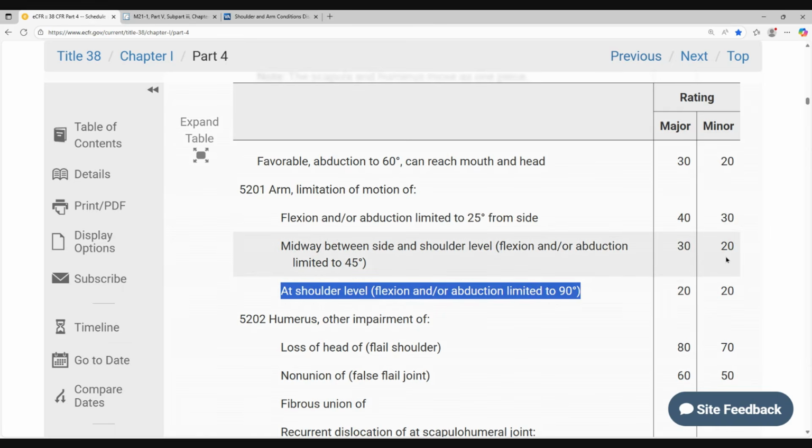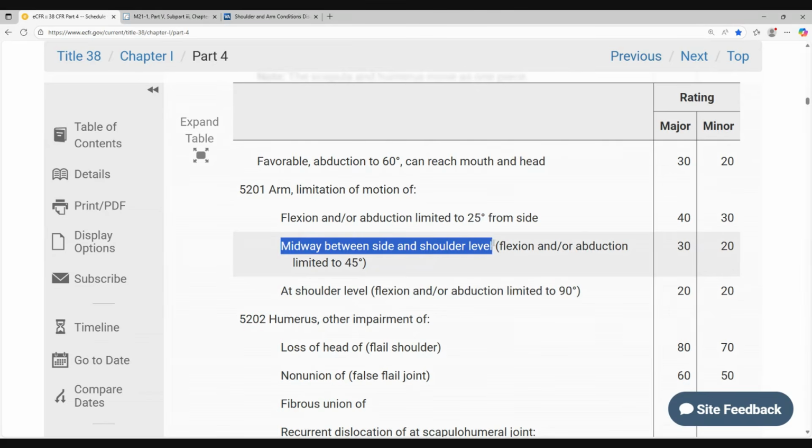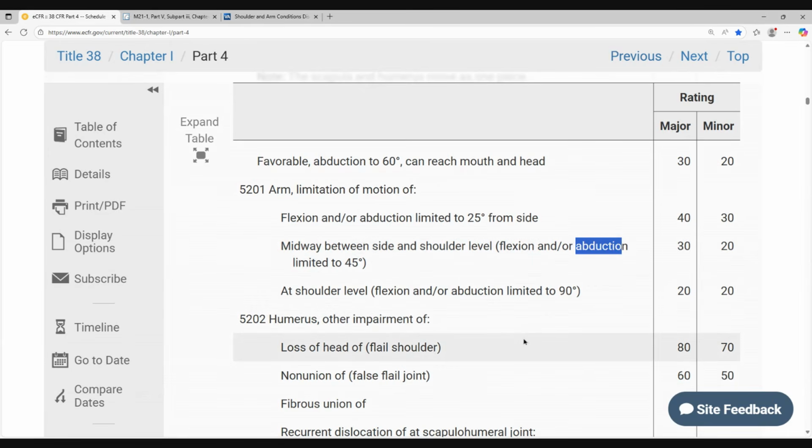Now, when we get to the next higher level, I have seen a lot of people claim increases for shoulders, but it is genuinely hard to get a higher than 20% evaluation for the shoulder unless your treatment or circumstances meet this fact pattern. I should say that flexion means in front of you, and abduction means to the side of you, away from the body. When they review this, you start out with your arms down by your side. That is where the measurement starts, and that's how the 90 degrees comes from. It comes from you raising your arms from down at your side up to 90 degrees. Now, for the 30% for the main hand and 20% for the offhand,